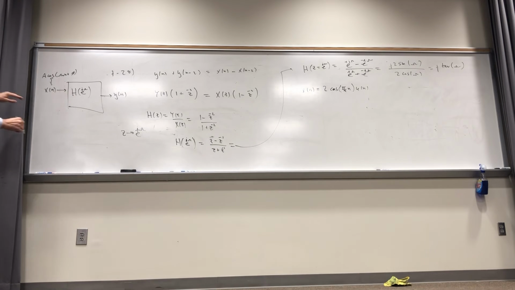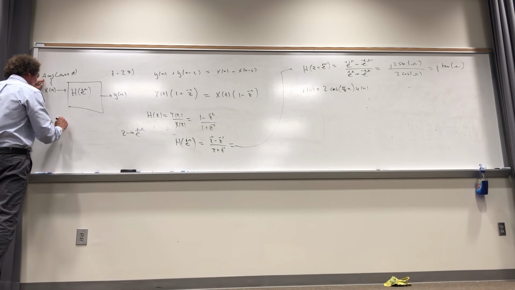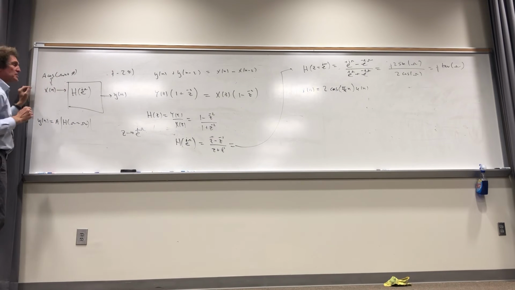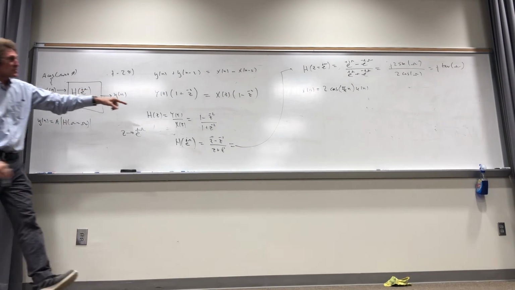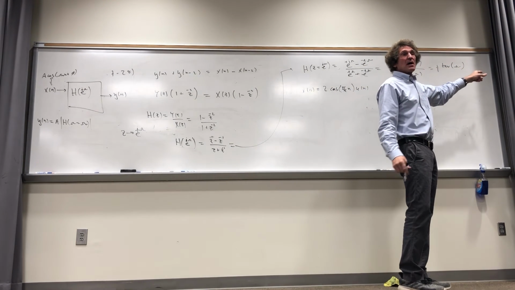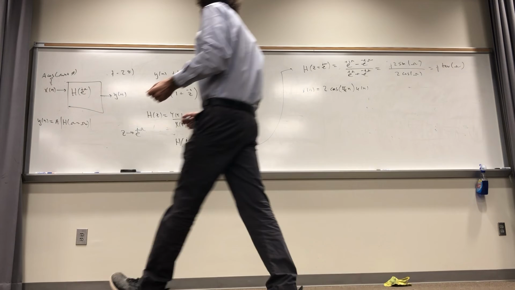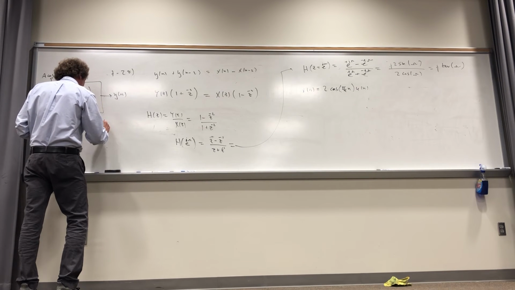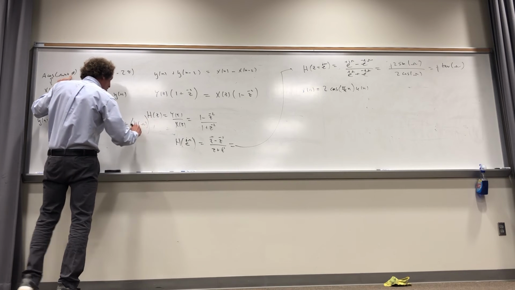Now, what happens is my y of n will always be equal to A, whatever that coefficient is, times the magnitude of H, where omega is equal to omega naught. So now your omega naught is the coefficient of n. Follow me, class? It's just the magnitude of the transfer function. See there? Here's our transfer function, j tan of omega, right? If omega is pi over 4, what is the tangent of 45 degrees? 1. The magnitude of j1, actually, is 1, right? Then it's times cosine of omega naught n plus the initial phase angle plus the phase angle of the transfer function. Now that's always the way